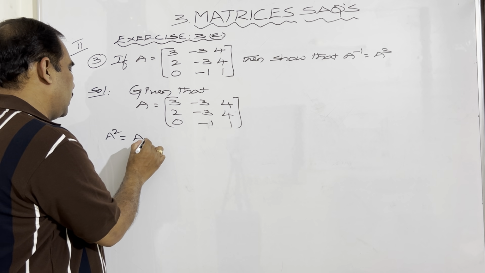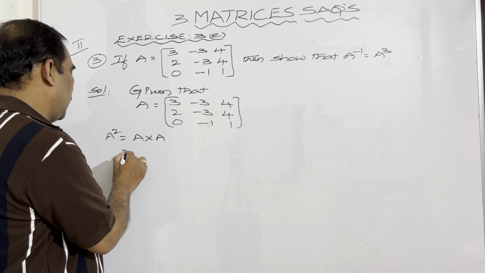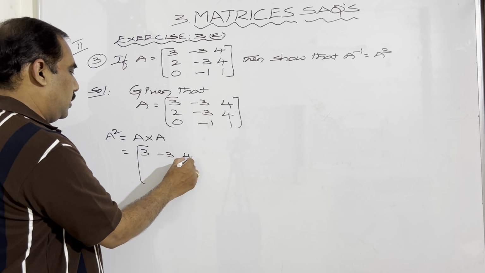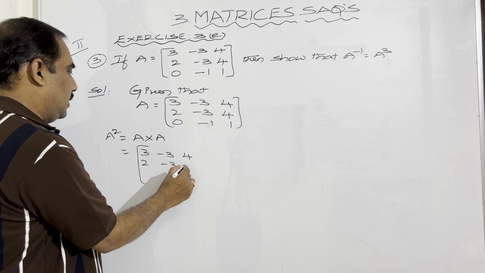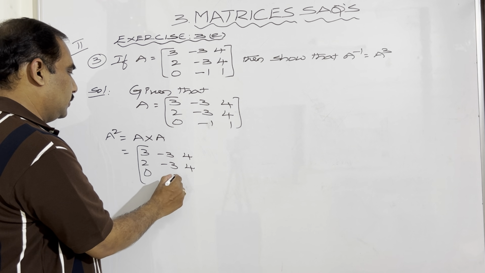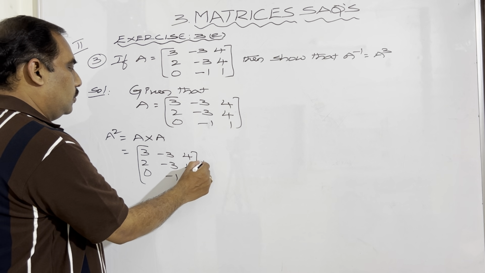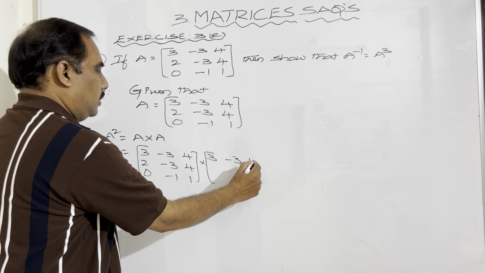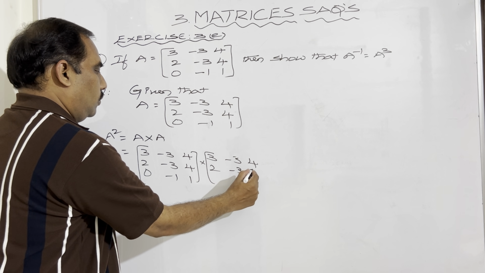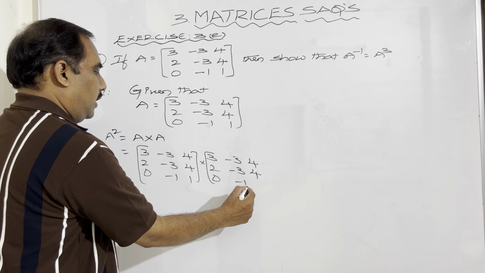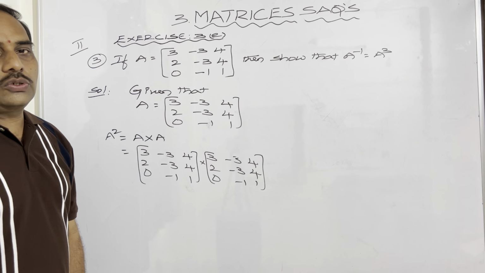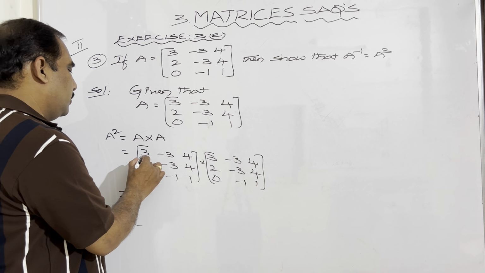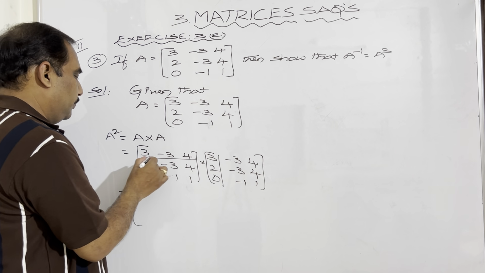So what is A square here? A into A. The matrix A is [3, -3, 4; 2, -3, 4; 0, -1, 1], multiplied by the same matrix again, [3, -3, 4; 2, -3, 4; 0, -1, 1]. Multiplying these two matrices, first row, first column: 3 into 3,